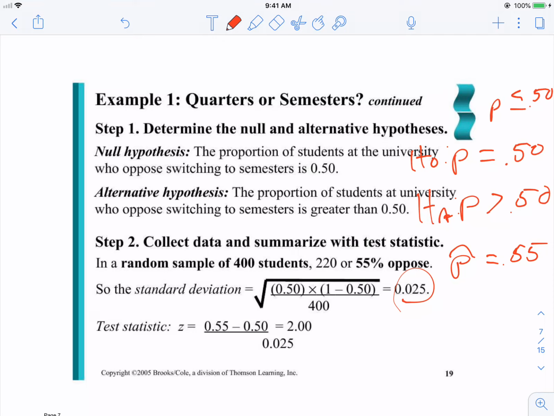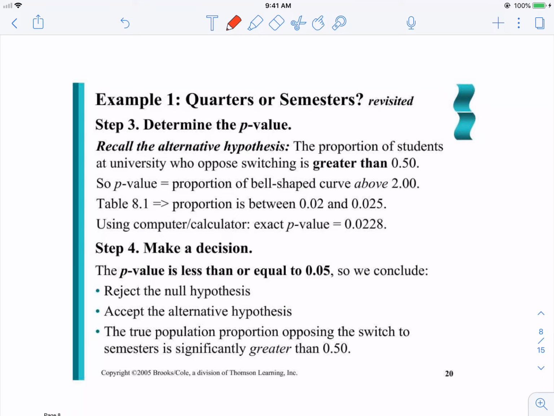So our test statistic from our z-score equation, p hat minus p, divided by our standard deviation, I'll just put a sigma there, we get 2. This is 2 standard deviations above the mean. So, continuing on, if we were to look this up on our z-score chart, which maybe you have from the first semester or it's linked at the top of our lesson page today,